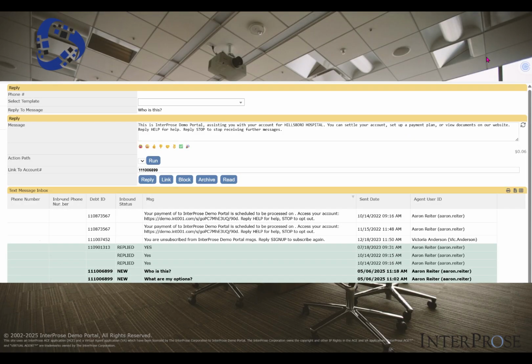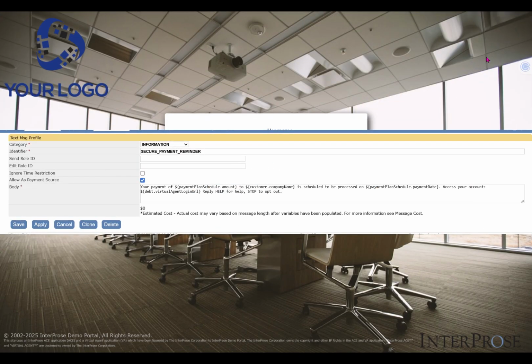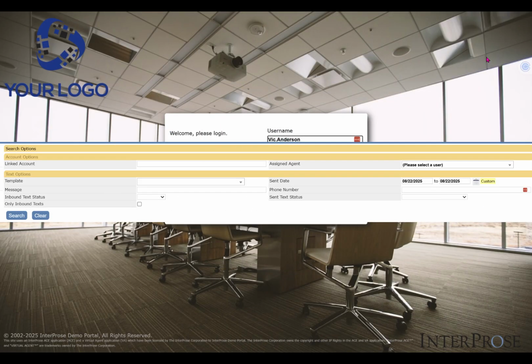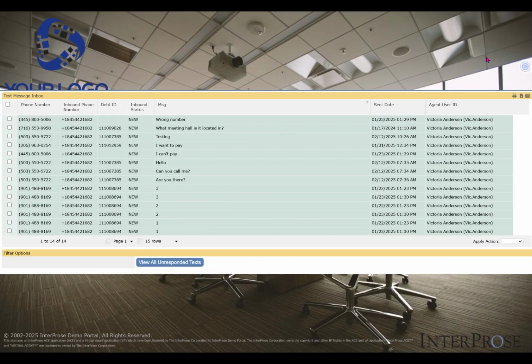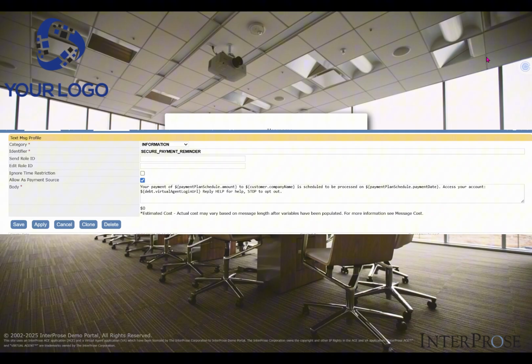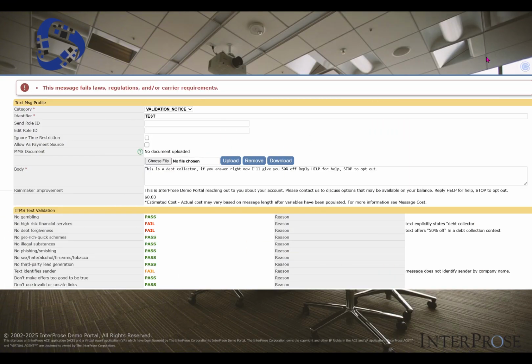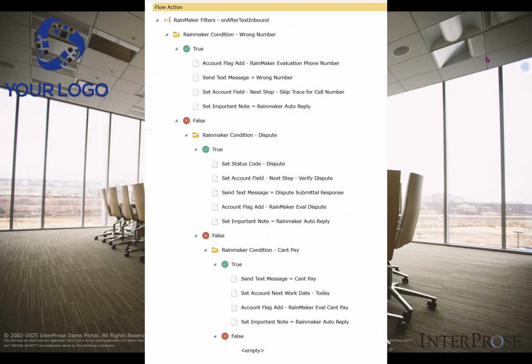Today we're going to be looking at ITMS, or the InterProse Text Messaging Service. ITMS is a built-in text messaging platform in the ACE application that supports both SMS and MMS. ITMS has both tools to send text individually as well as to be utilized in campaigns. We're going to be looking at some high-level functionality of ITMS and also how AI can help you in your